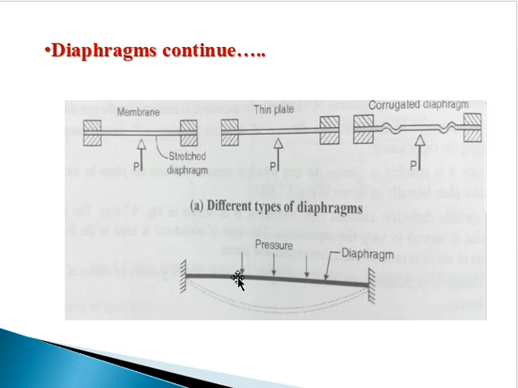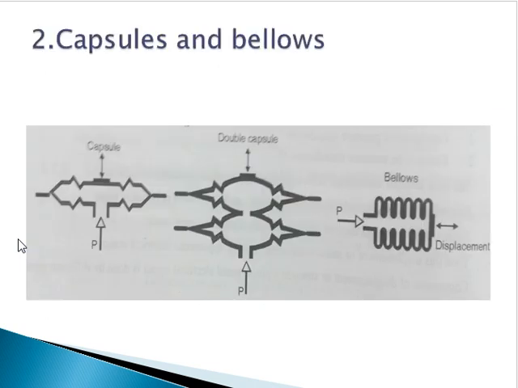If you consider this example, here the pressure transducer is called the primary transducer, and if we are using a displacement transducer to convert that quantity, then that is called the secondary transducer. So the primary and secondary transducers work together to convert the pressure into the final electrical signal. I think you got the meaning of primary and secondary transducer now. So let us see the next type, that is capsules or bellows. This shape is called a capsule, or this is called a bellows.